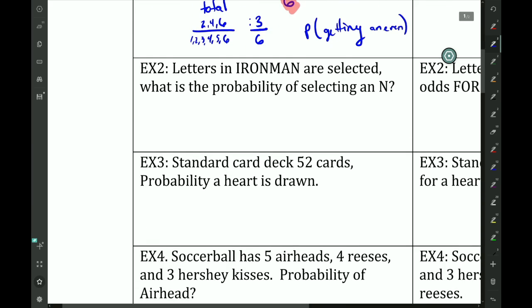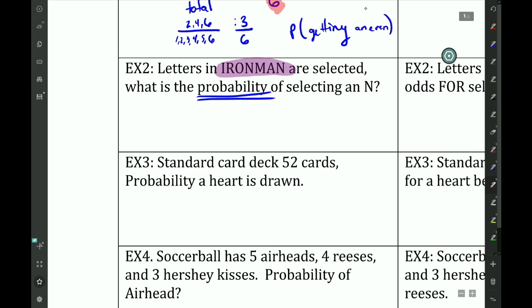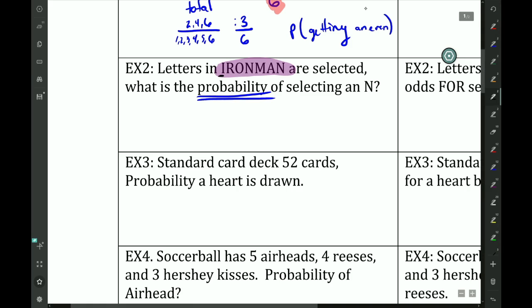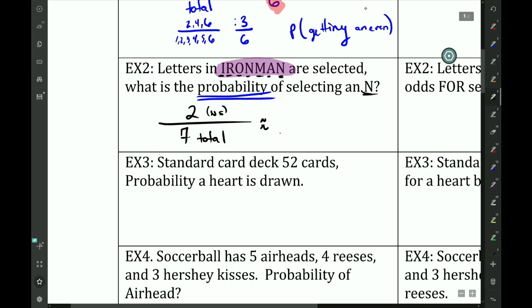Another little example for probability. Again, probability and odds, those are the big difference. IRONMAN. I want to know the probability of selecting an N. Well, it can help first to know the total things we have. 1, 2, 3, 4, 5, 6, 7 total letters. And how many N's are there? 2 N's. And 2 over 7, if you type it in your calculator, is approximately